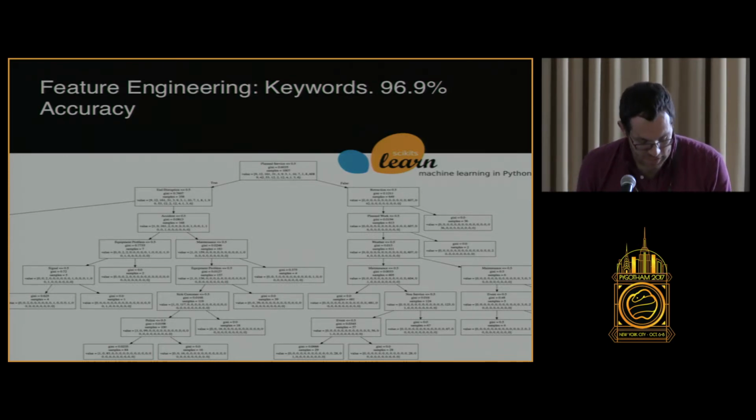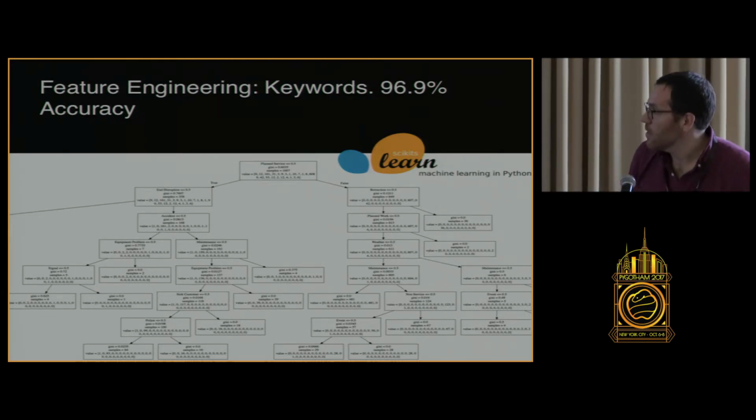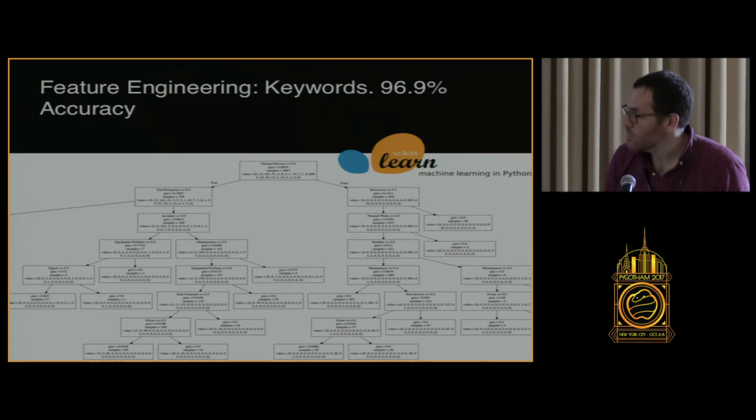I used a decision tree on top of some of these engineered features, and then manually classified a bit over 1,000 alerts to train the model, and then validated on an out-of-sample selection. So the initial model I did, this is an excerpt of what the tree looks like. For those of you who are counting, I used a max depth of 7 and a min number of incidents in each leaf node of 5, and regular Gini coefficient splitting, and got about 97% accuracy on an out-of-sample set of alerts, and felt like that was good enough to move forward with and understand what was causing